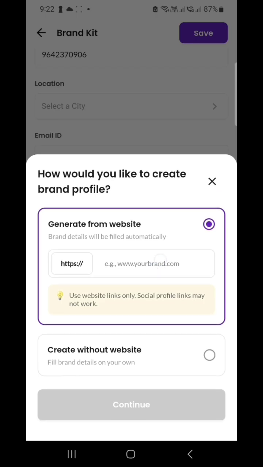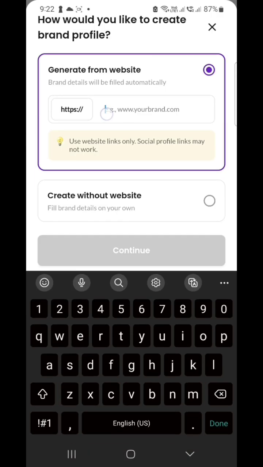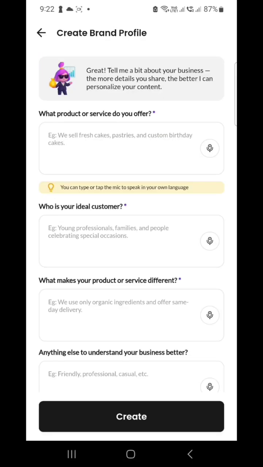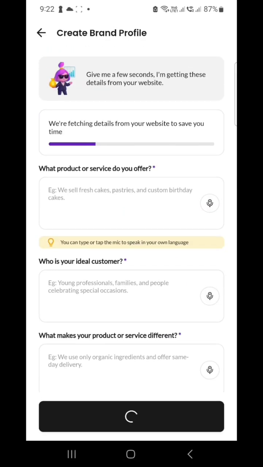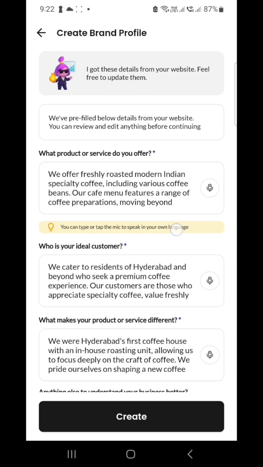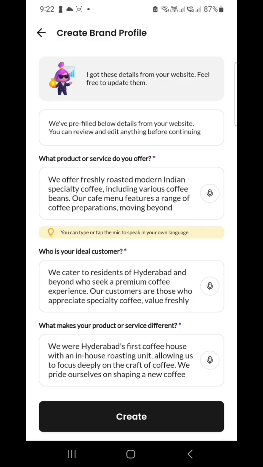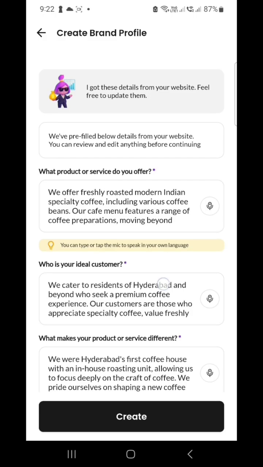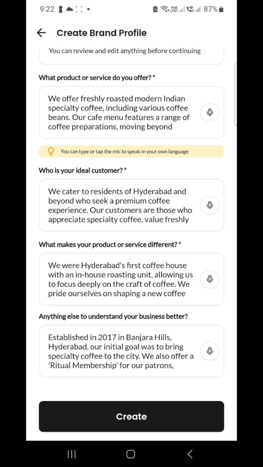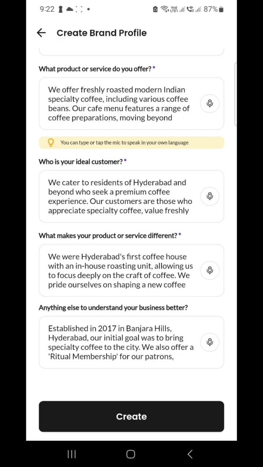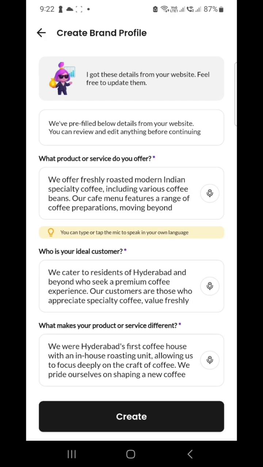Okay, now as I have a website, let me select this, put in my website and click on continue. If I have a website, then AI will go into that specific website and answer the 4 questions that we have put here. If we don't have a website, then we'll come to the same screen and we have to answer these 4 questions manually. That's the only difference, but the rest all works the same, whether we have a website or not. If we have a website, then our work becomes a bit easier